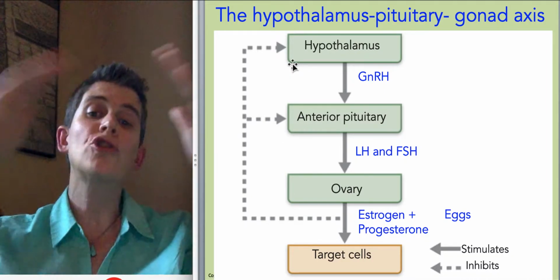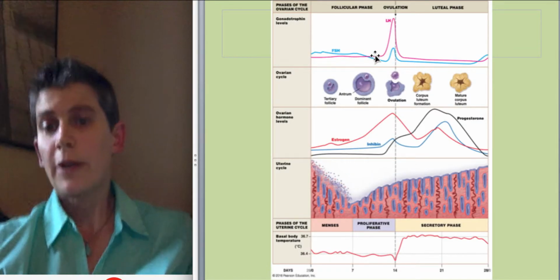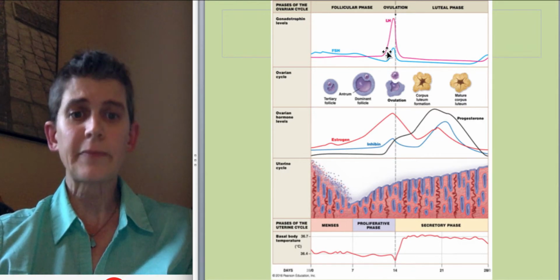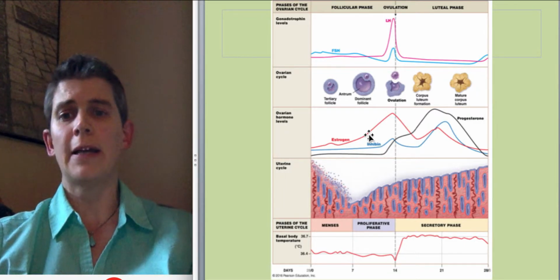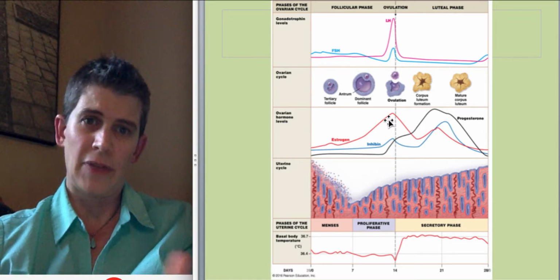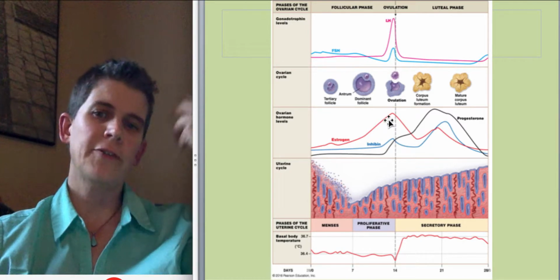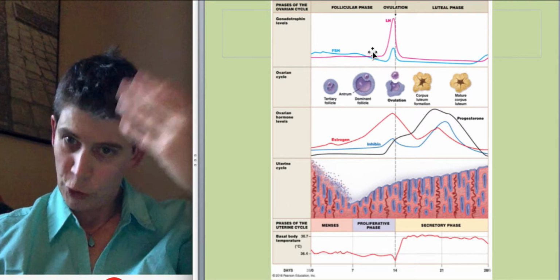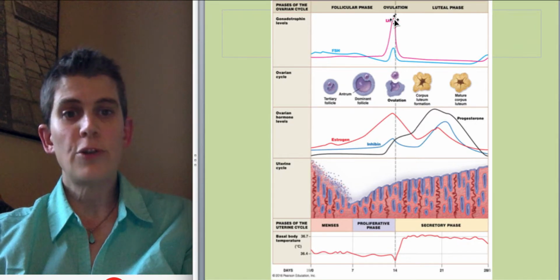Until you have a surge of really all three of these hormones, a huge change. You can't see GnRH on this figure, but you can see the huge surge in LH. And the switch to positive feedback is triggered by this fast increase in estrogen at the end of the follicular phase. This rapid change in estrogen level triggers a change in the neurons that release GnRH to respond